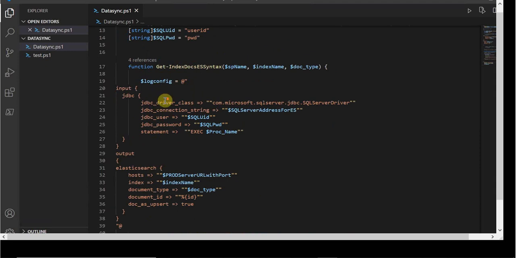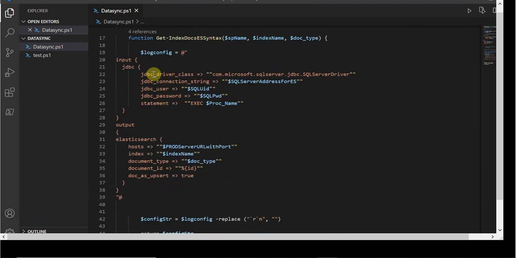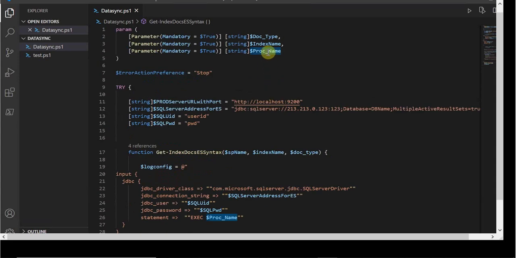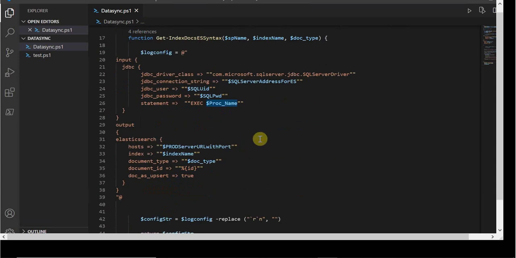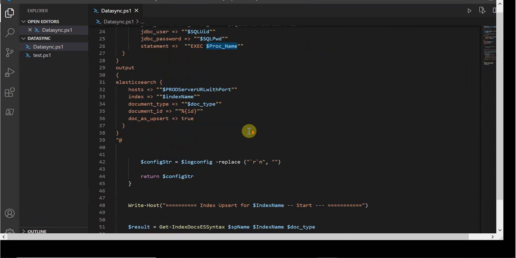This is my JDBC driver, which I already installed on my prod server. This is my Elasticsearch address, sorry, SQL connection address, and the username and password. This is my procedure name.